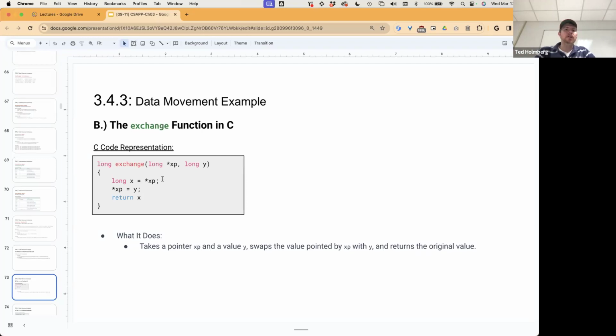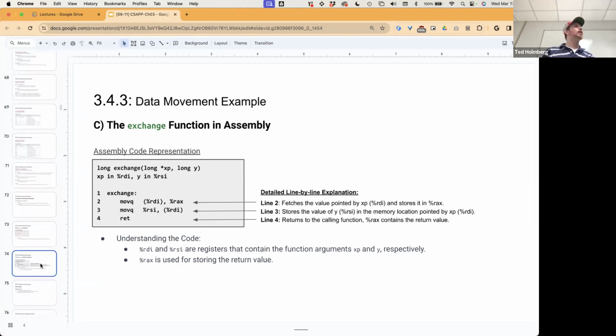Inside of here, the first thing we're going to do is dereference that memory address to get the actual value that resides there into long x. Then we're going to grab y, and we're going to assign that to the memory address, or the value of xp, and then we return x. So effectively we're taking the two values, putting one in a temp value, and swapping them between locations. Let's see what that actually looks like when our system translates that